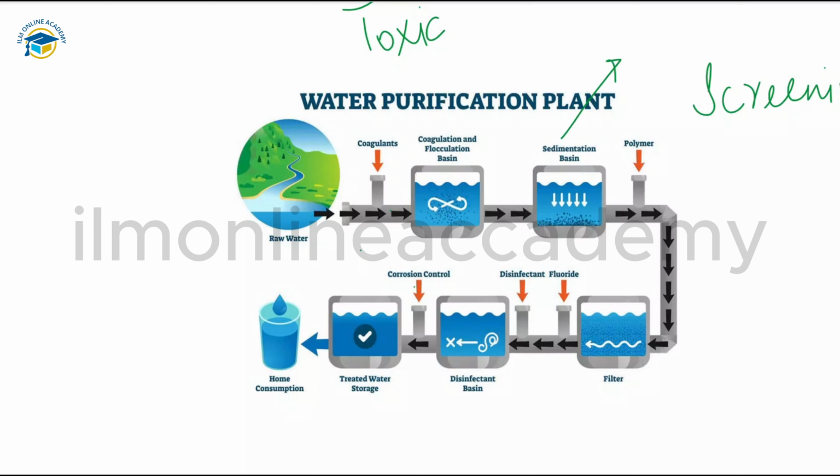You can see here, this is a sedimentation basin. The soil and the sand will drop down to the bottom as sediment. You can see here, this is the sediment. It will take some time, and just because of the gravitational force, the sand and the soil particles will settle at the bottom of the tank. And the next process is to filter the water to remove the insoluble particles.